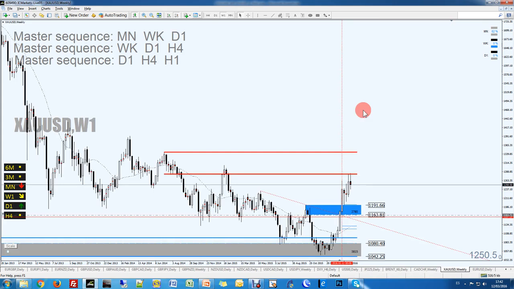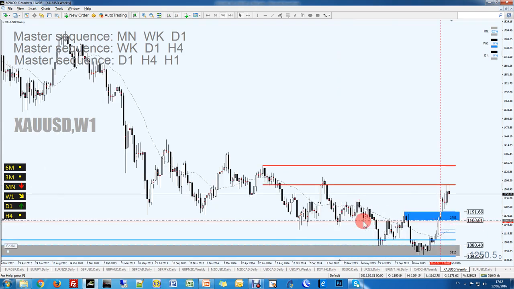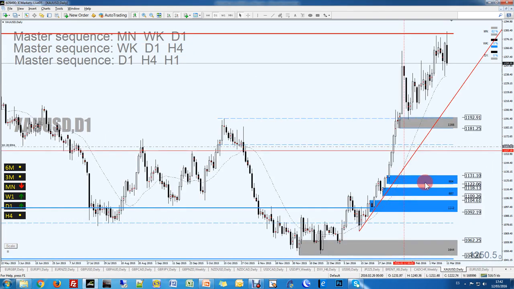Now we can switch. Once this area of weekly supply zone here has been taken out, we now have an ascending trend line here, and a weekly uptrend because this area of supply has been taken out. So if we are trading the weekly, daily, and were waiting for this area to be taken out to take longs, like I was, then I would switch from here, which was the one I was using, monthly, weekly, daily, to the master sequence, weekly, daily, 4-hour. So once this is taken out on the weekly, this is the trade, and this is another one.